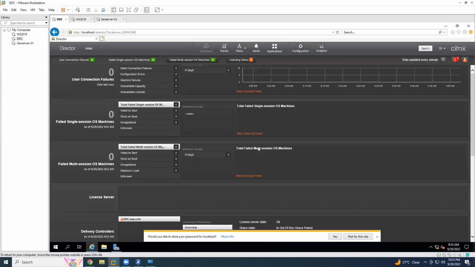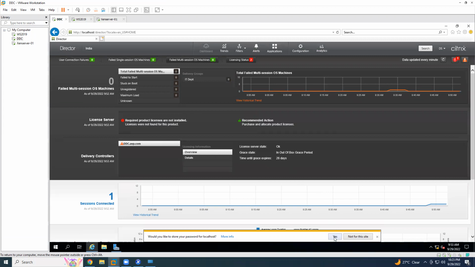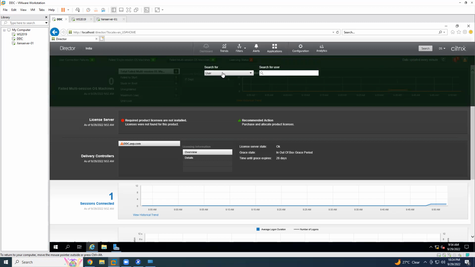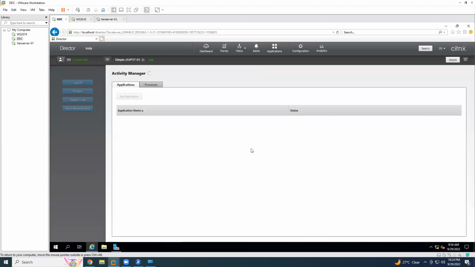So just suppose you are working as a Citrix administrator, right? And you got a call from a user saying, I am accessing my resources, my applications are not working, or a process got stuck, those kinds of issues. So first you have to search that user. Click on the search tab on your right hand side and enter the username. So here enter DS, because the DS user is logged in. Click on it